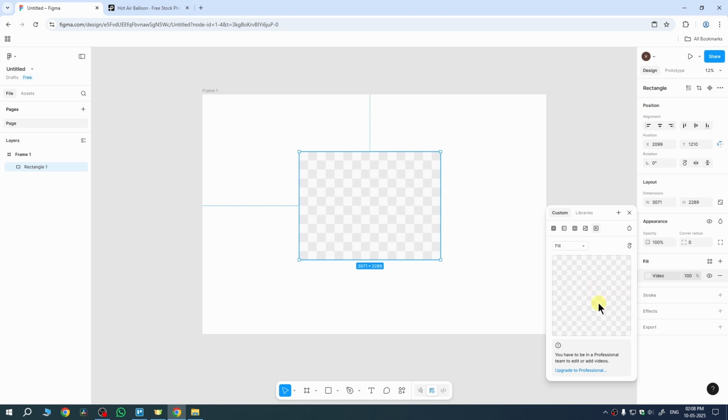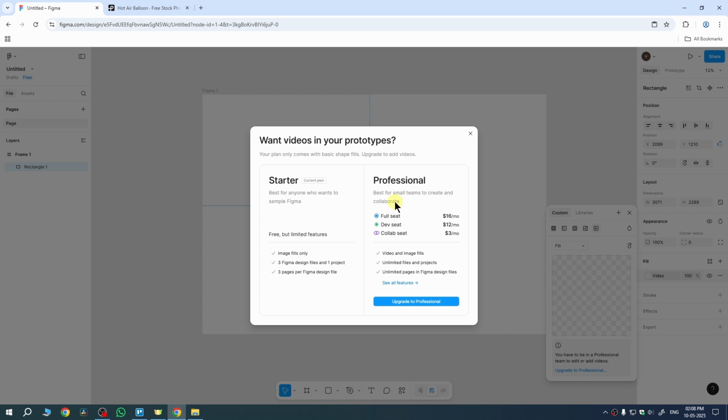I can't see this option here because I don't have the professional plan. You need to have this professional plan in order to add video on Figma. I currently have this starter plan which doesn't support videos. In order to upload videos, we need to have this professional plan, then it will allow us to upload videos